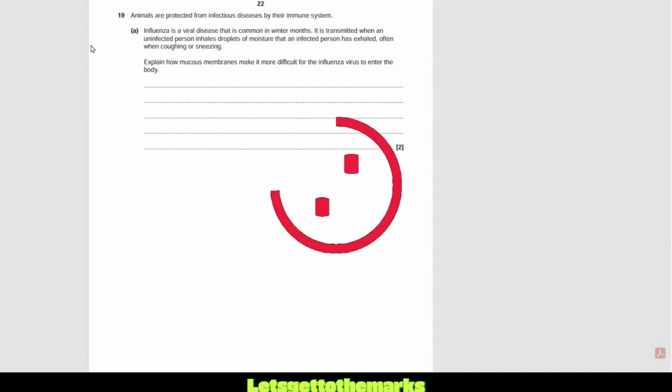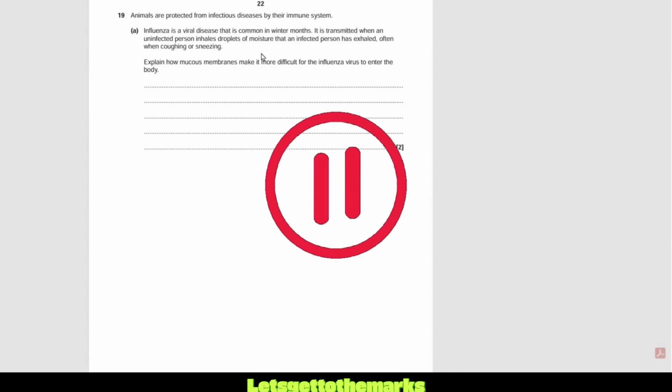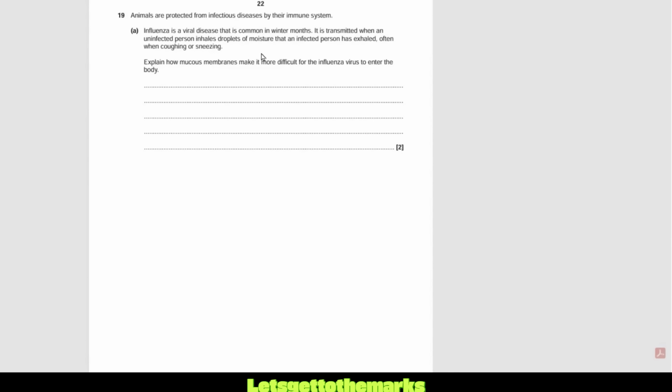So what you really want to know, you might be thinking, oh, do the mucous membranes make the diffusion pathway wider? Do they block the receptor sites so the virus can't attach and all of that? But actually what they want you to do here is just a GCSE level explanation of mucus. So mucus membranes obviously are coated in mucus, and that means they trap the virus. Then ciliated epithelial cells or cilia waft the mucus up the respiratory system. Are we talking about humans here? Yeah, up the trachea into the mouth, and then it is swallowed and dunked into a bath of hydrochloric acid.